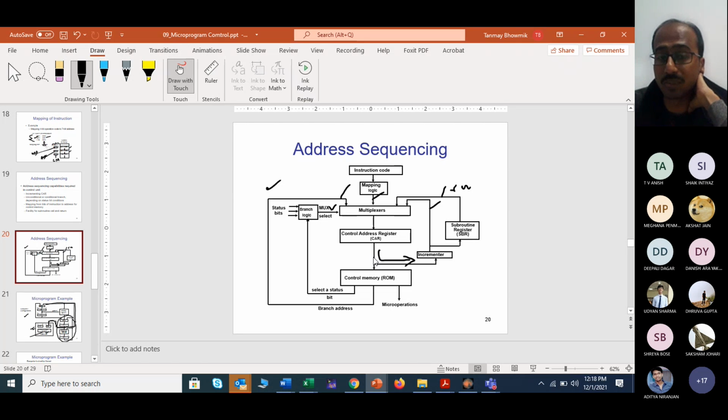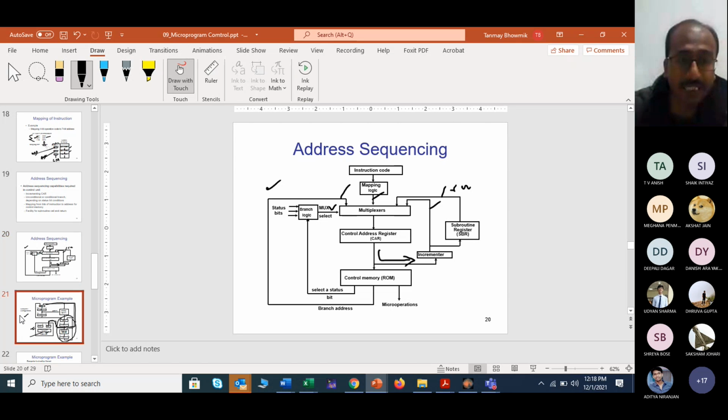Now I am saying that there is no need to remember everything, you do not have to draw this in the exam. Just try to understand, because this kind of complex diagram will not normally be given, and right now you are in online mode, so it is not for exam. Just try to get how your instructions flow and how the addresses are sequenced. Those are very interesting parts, so you can look at it from that angle.